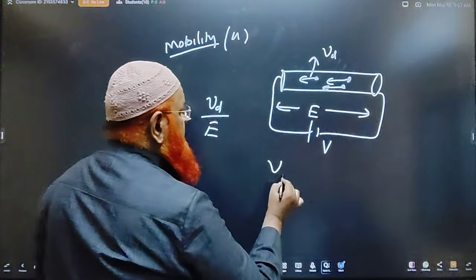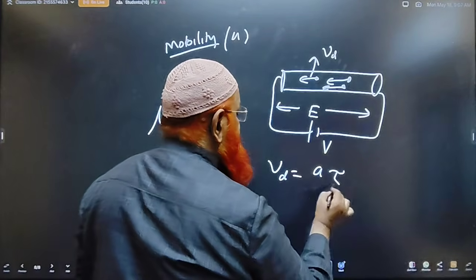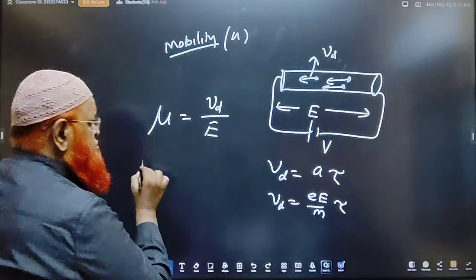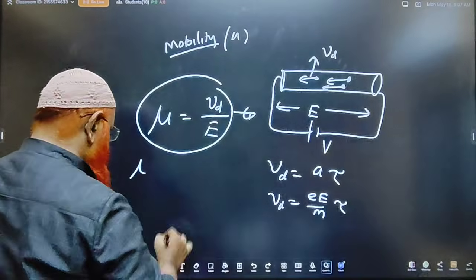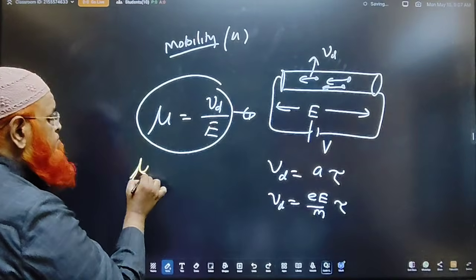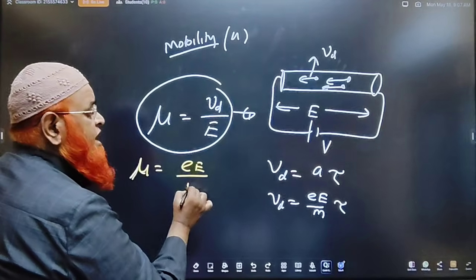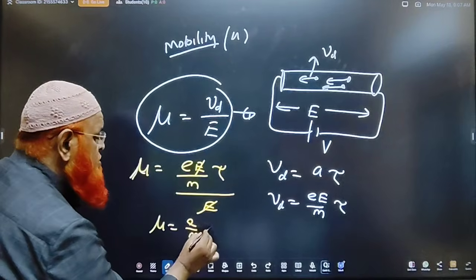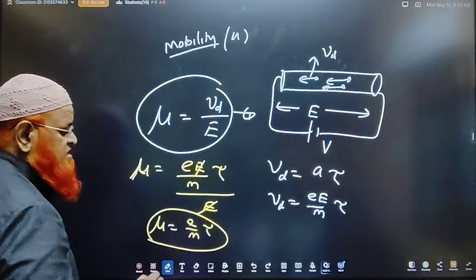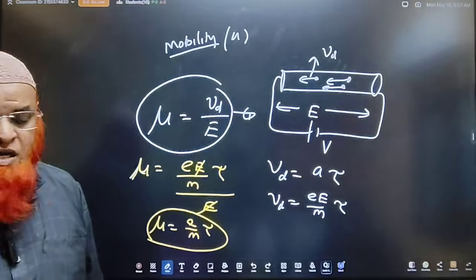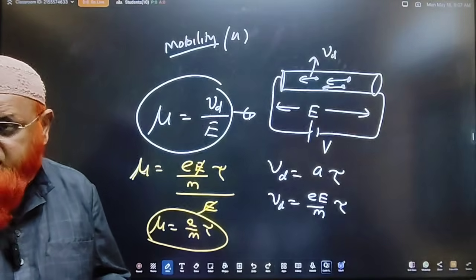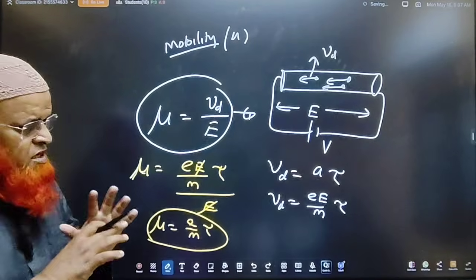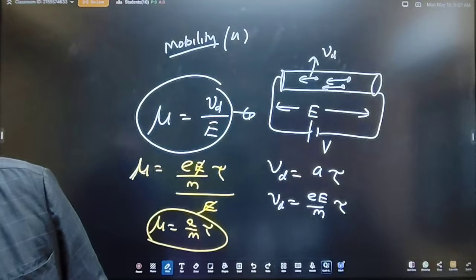So therefore, you all know drift velocity is nothing but a into relaxation time, and drift velocity is nothing but e into capital E by m into tau. So therefore, the basic formula for mobility is this one. Then what is the next formula, which is called the advanced formula? Mu is equal to vd by capital E, which is small e into capital E by m into tau divided by E. E gets cancelled. Mobility is nothing but e by m into tau, the second formula. Is it understood to you? So I explained mobility, resistivity, conductivity, current density, and current also. This is a total concept. You can solve the problem which is called